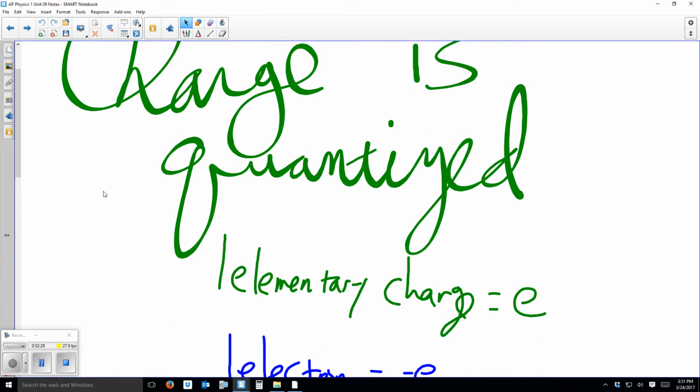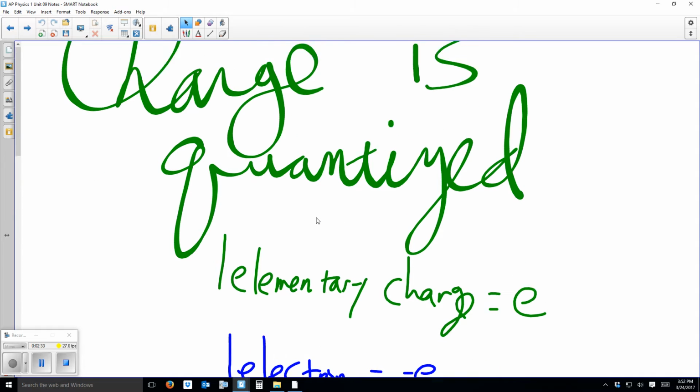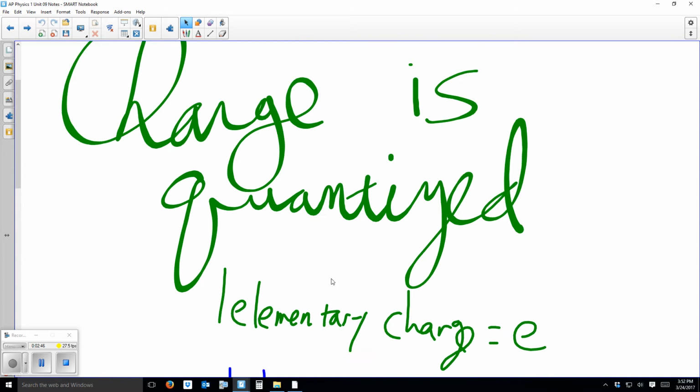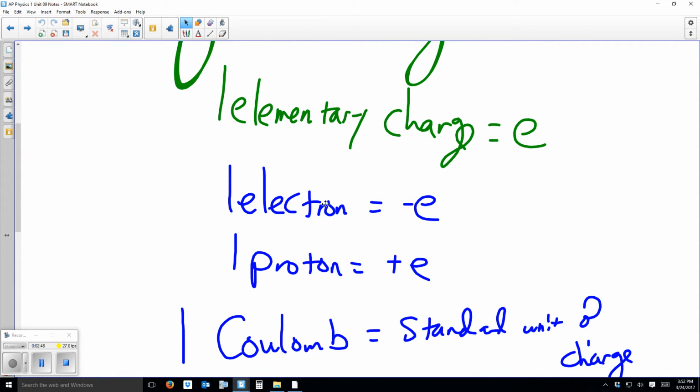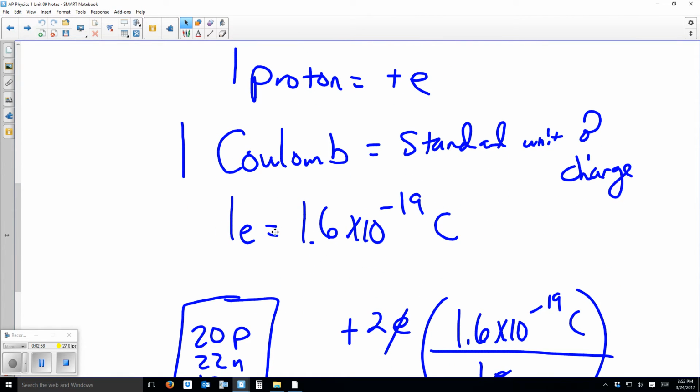A large idea here is the idea of quantized charge. The lowest amount of charge that we can pass is the charge that is on an electron or a proton. Really, we're transferring electrons, but the smallest amount of charge you can have is what is called an elementary charge. It's the charge on an electron or a proton. An electron is just negative e, and a proton is positive e. 1 coulomb is the unit that we use for charge, and an electron is 1.6 times 10 to the negative